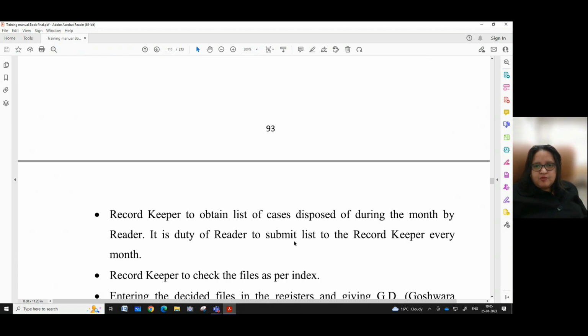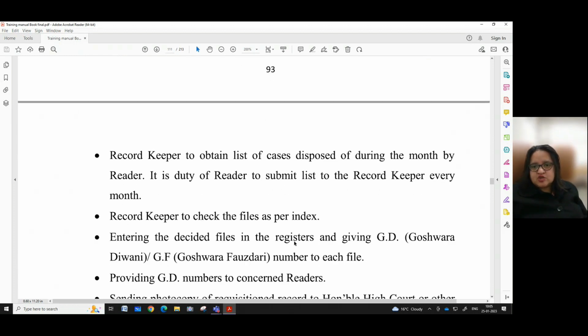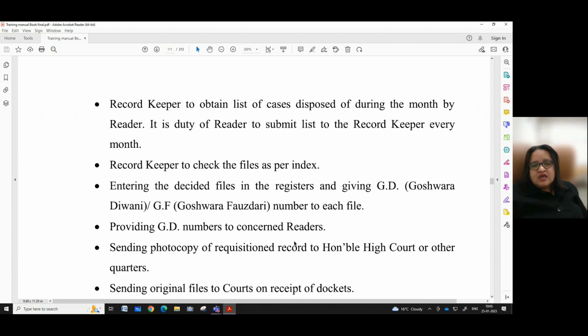Other duties to be performed by the record keeper include: the record keeper is to obtain the list of cases disposed of during the month from the reader. It is the duty of the reader to submit the list to the record keeper every month.